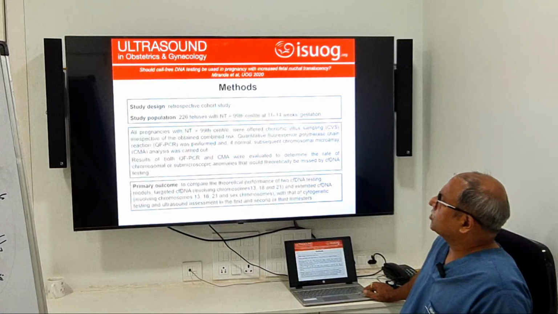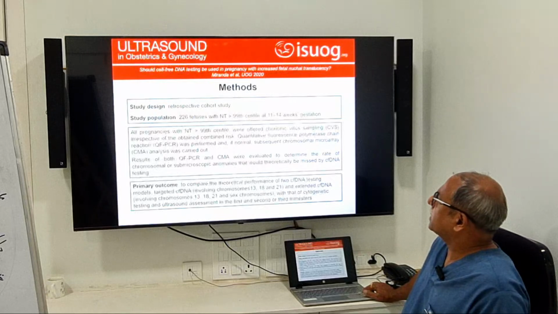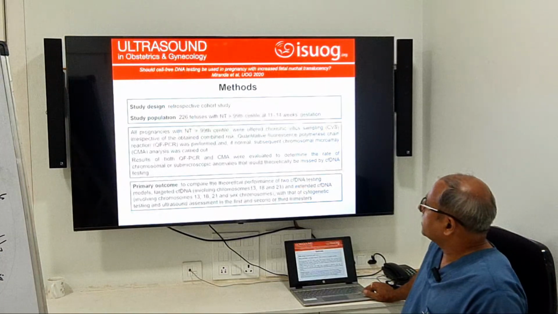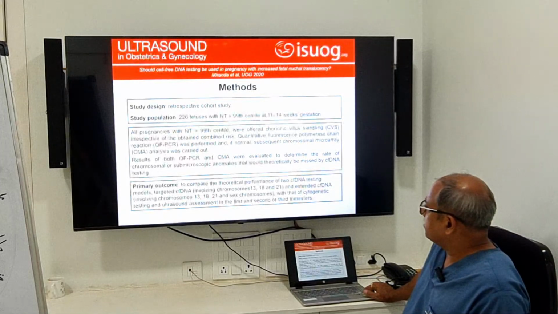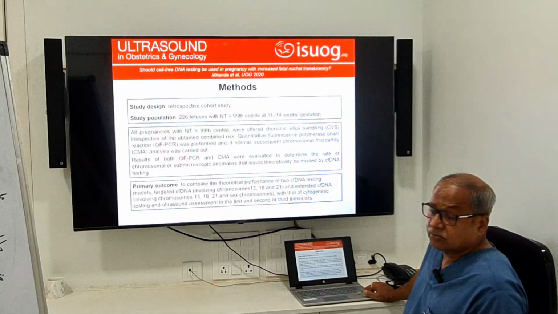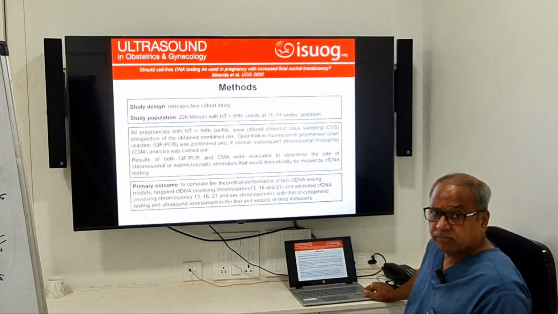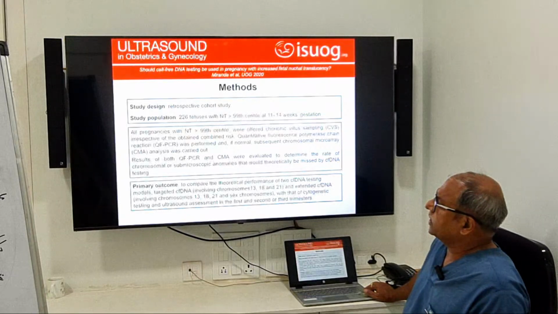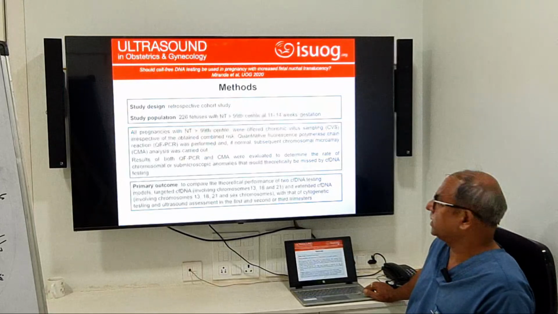The method is retrospective. The study population was 226 fetuses with NT above the 99th percentile at 11 to 14 weeks gestation. All pregnancies were offered chorionic villus sampling, which is a diagnostic test. Irrespective of the obtained combined risk, quantitative fluorescent PCR, which is what we do nowadays as QF-PCR, was performed. If normal, then we always do a chromosomal microarray. QF-PCR gives rapid analysis within 24 to 48 hours,